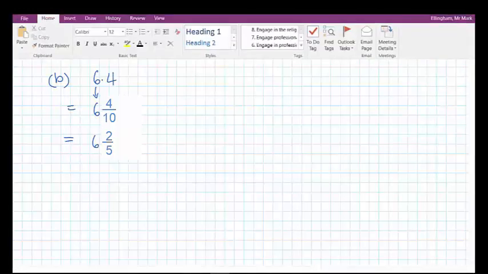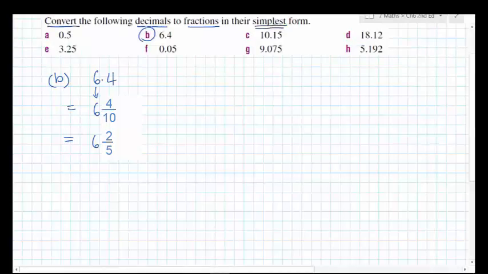Let's have a quick look at D. So with D, I have 18.12. So again, I think of this as being, well, that's 18 wholes, and the 0.12, I know 0.12 is 12